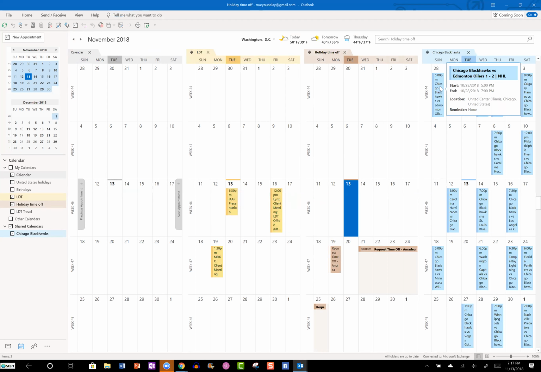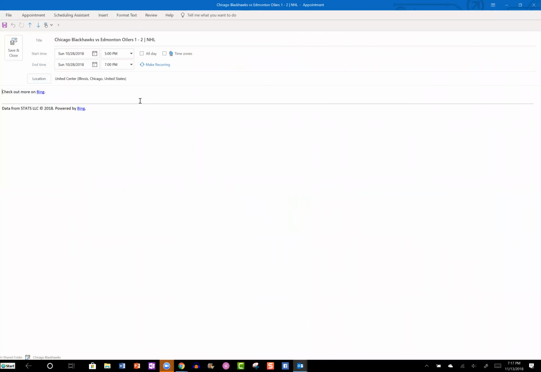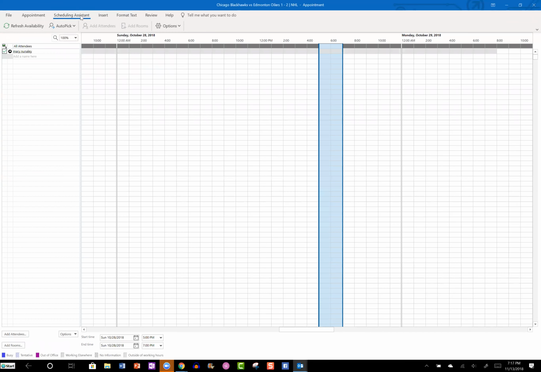Now, hovering over anything on the calendar itself will let me see that information: start time, end time, the location. If I wanted to set up a reminder, I could also do that. So in this case, I right-clicked, and it brings up the event. If I'd like to schedule a reminder, Scheduling Assistant, I'm sorry, I went in the wrong place, but Scheduling Assistant would allow me to check everyone else's